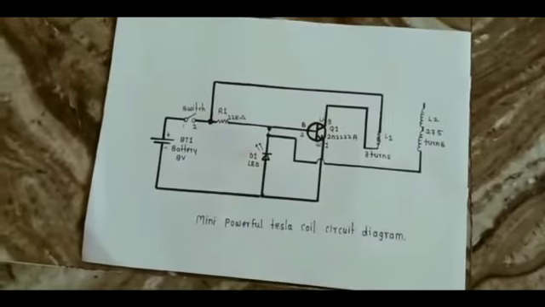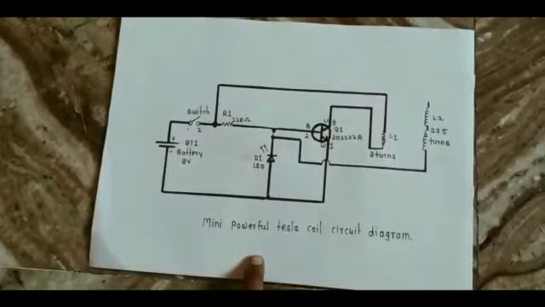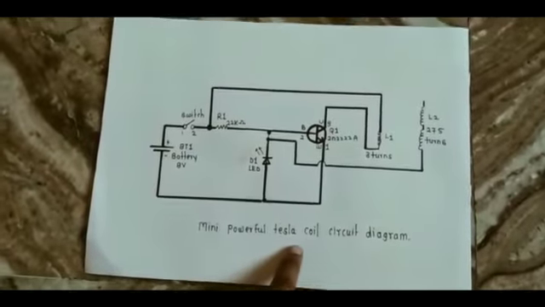The huge voltage current flows through the spark gap into the secondary coil. The energy sloshes back and forth between the two coils. Then the secondary coil has a top load capacitor that concentrates all the current and eventually shoots out lightning-like bolts. This is the working of the Tesla coil. Now let's see the circuit diagram of the Tesla coil. This is the circuit diagram for the mini powerful Tesla coil.